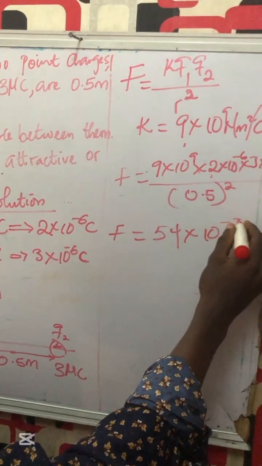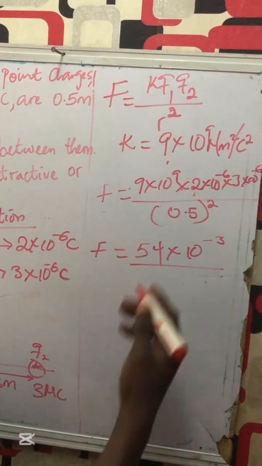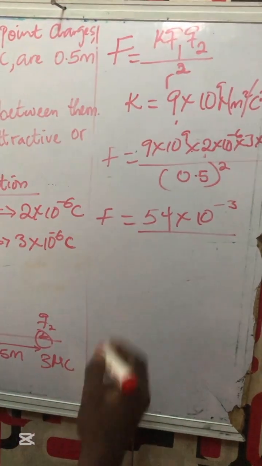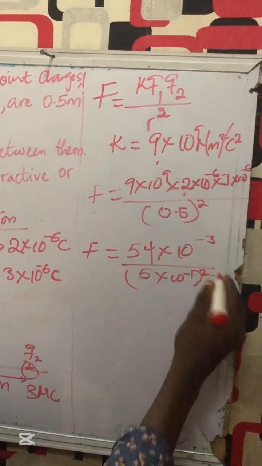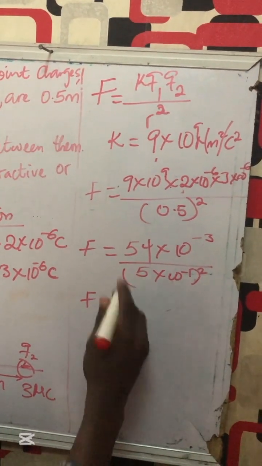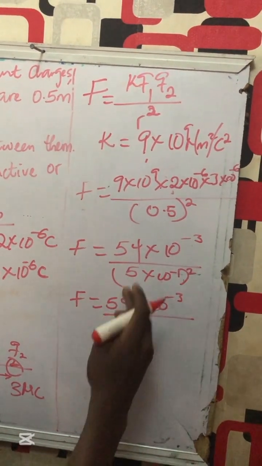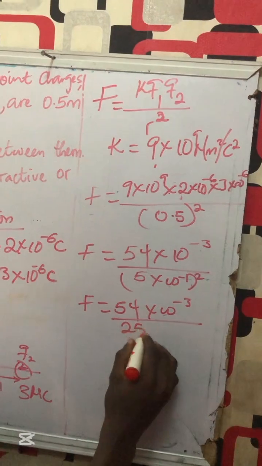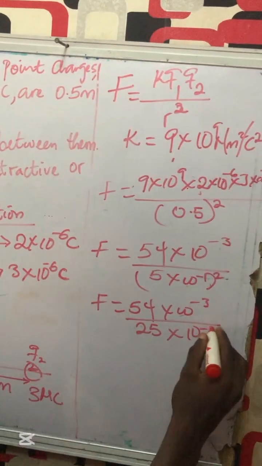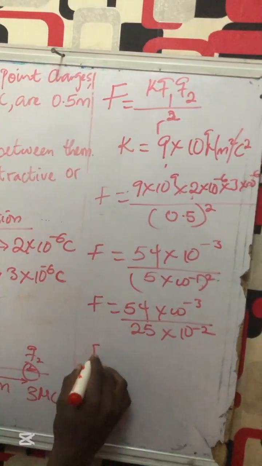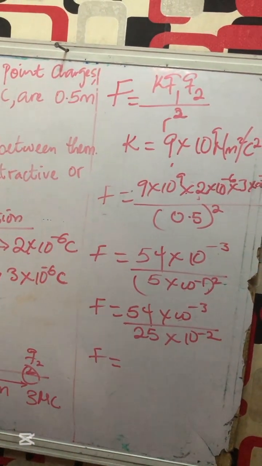So now let's bring that there. We have 54 times 10 raised to the power minus 3, divided by, here also is 0.5. I can decide to change it to standard form, so it becomes 5 times 10 raised to the power minus 1, then everything all squared. So my force is equal to 54 times 10 raised to the power minus 3 divided by 5 squared, which is 25 times 10 raised to the power minus 2, since 10 raised to the power minus 1 squared gives 10 raised to the power minus 2. So F is equal to 54 divided by 25,